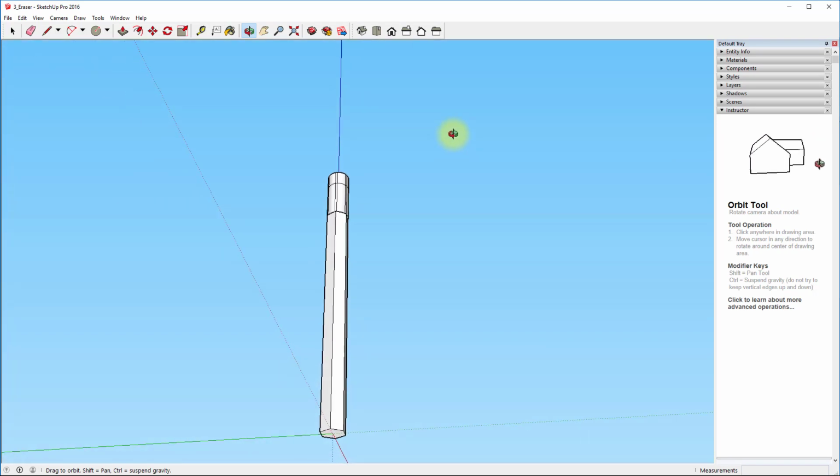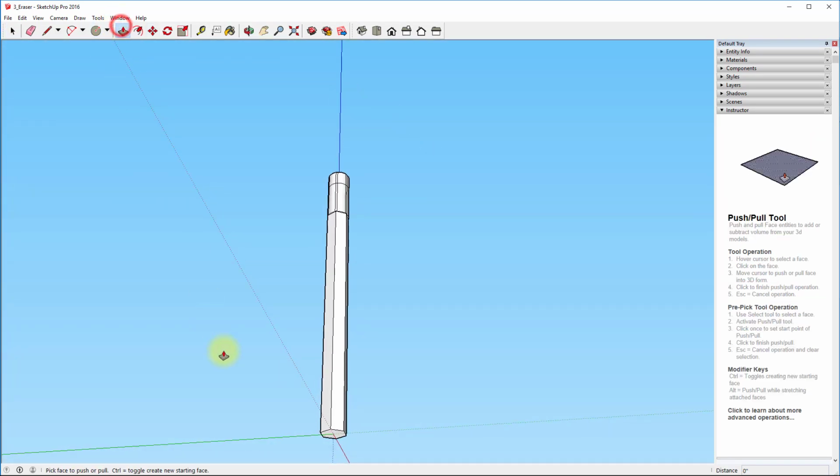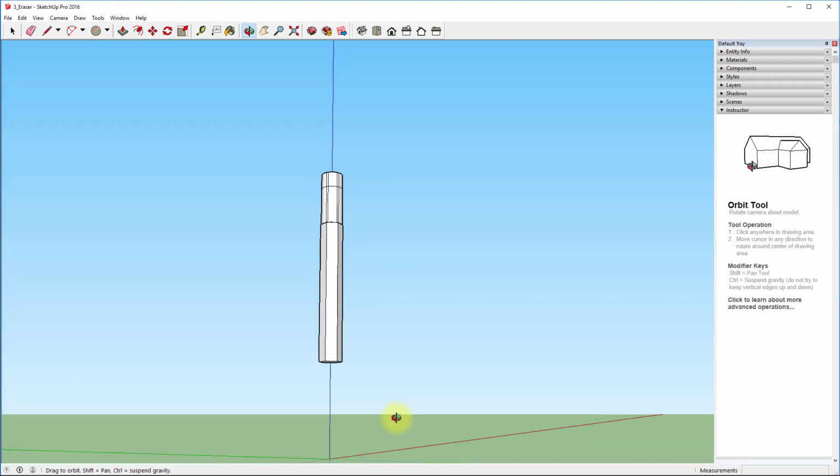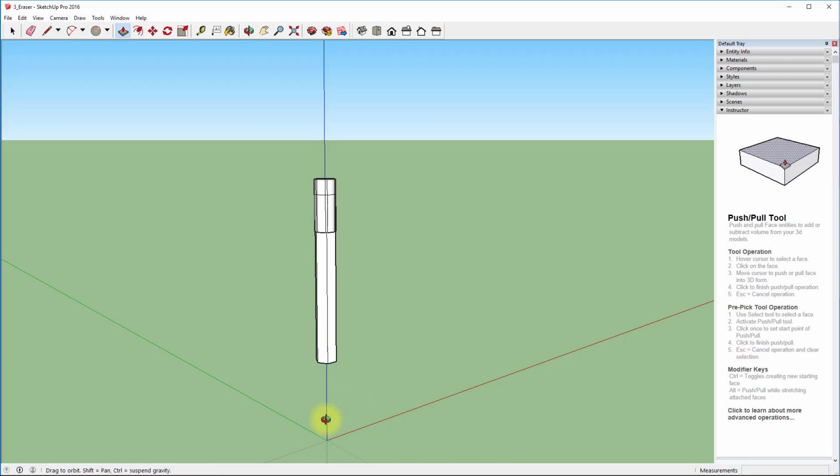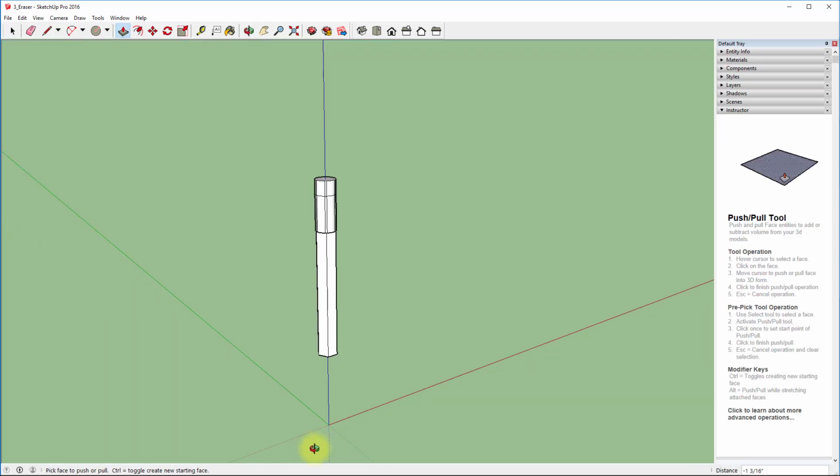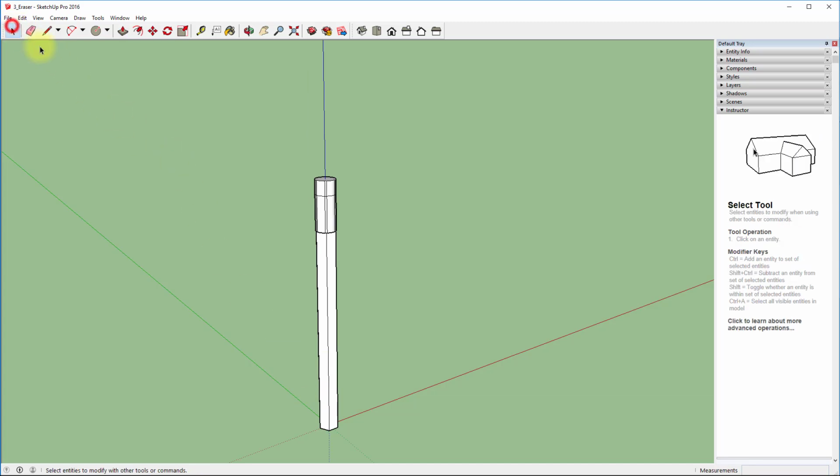So one option would be to use the push-pull tool and shorten our pencil, at least for the time being, so that it's up in the air and we can work with it. Or let's talk about the move tool. I can take and draw a selection rectangle around the entire pencil. I can click on the move tool,